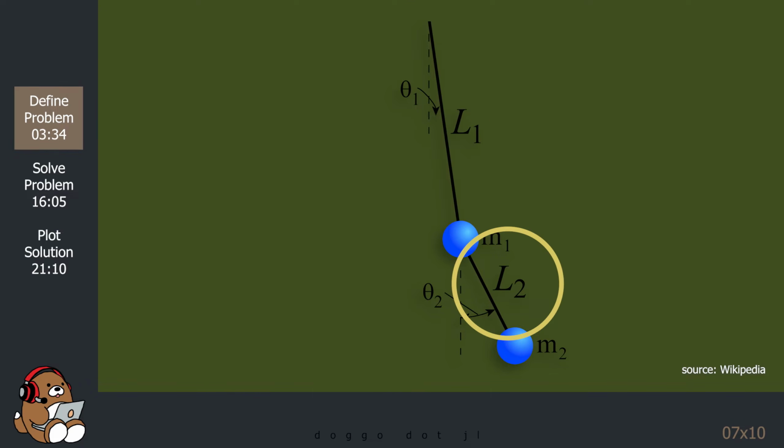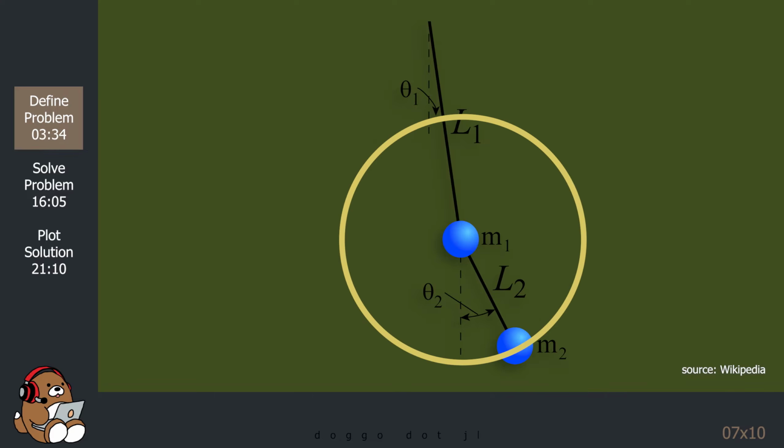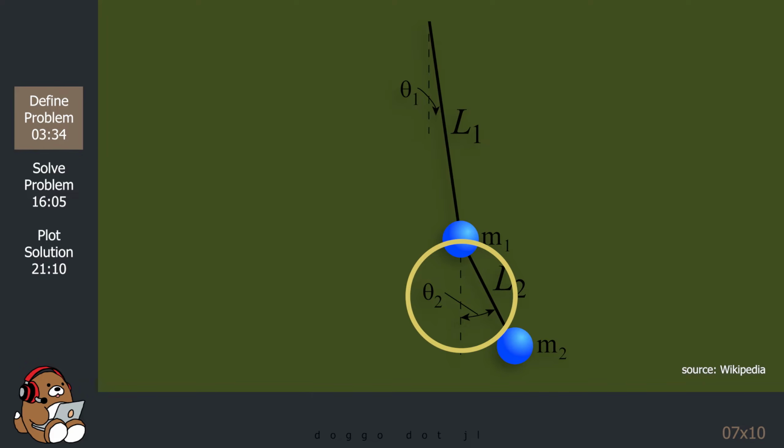The second pendulum is also composed of a weightless, stiff rod of length L2, measured in meters, and a bob at the end of the rod with some mass M2, measured in kilograms. The second pendulum is attached to the first bob, and is free to rotate 360 degrees in two-dimensional space around the first bob. The angle between the second rod and a downward vertical vector going through the first bob is θ2, measured in radians. A positive value means a counterclockwise or anticlockwise rotation from the downward vertical vector going through the first bob, regardless of the position of the first bob.